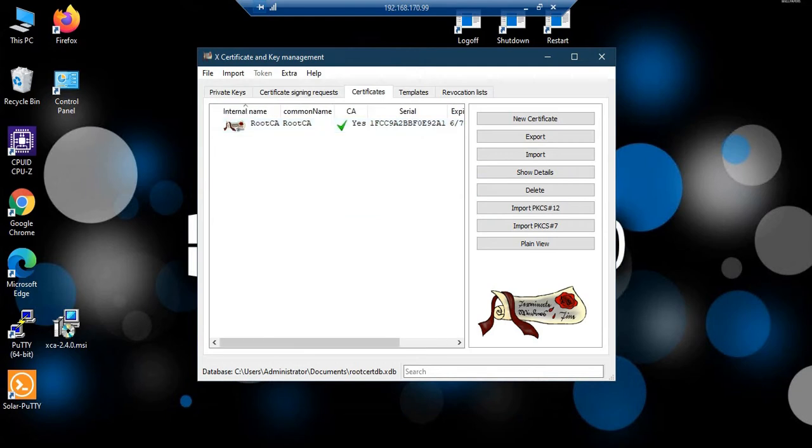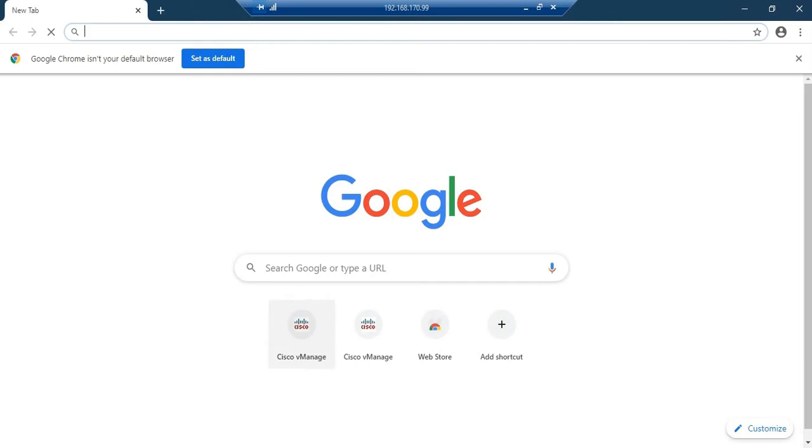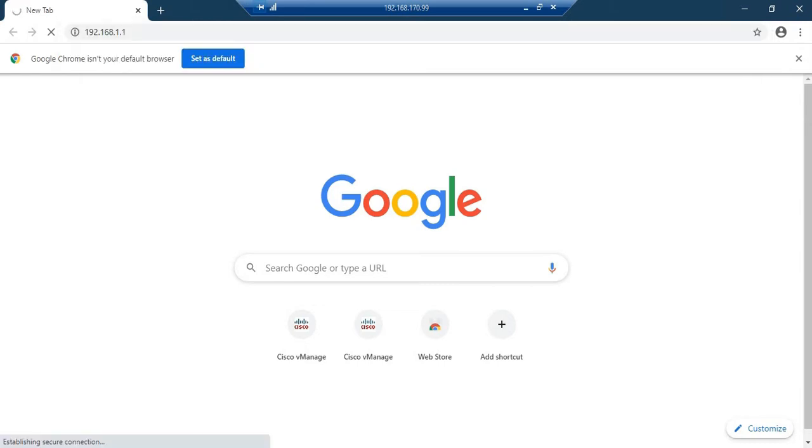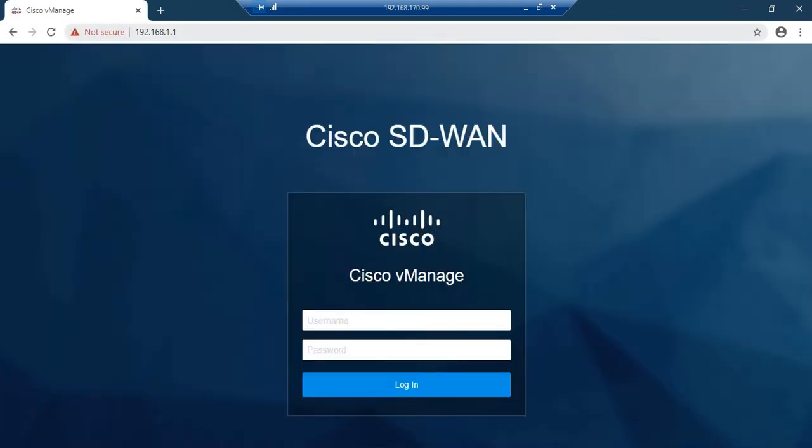Now let me log into the GUI of bmanage. Since I am in the management interface, I'm going to be using the management IP of the bmanage, so it is going to be 192.168.1.1. I have set the username and password admin.